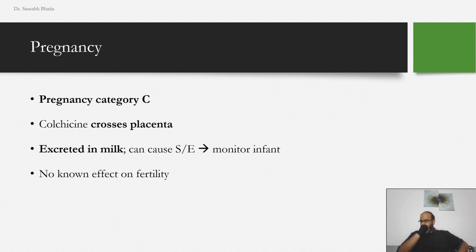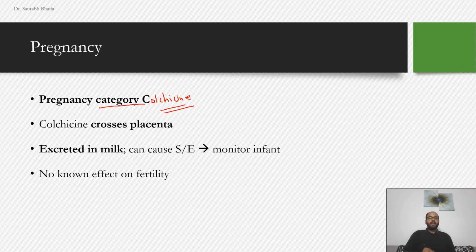So in pregnancy and lactation, colchicine is pregnancy category C. That is very easy to remember. C for colchicine. Okay, so pregnancy category C. Remember, these are older FDA categories. The newer ones don't have